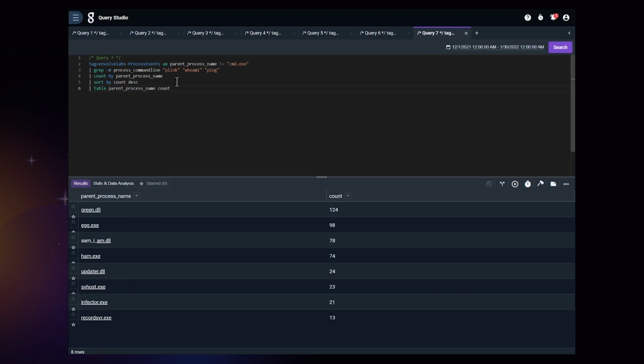So, by being more tolerant with our query logic, we were able to identify two new file names that were not included in the original report. While our query for parent processes that are not command.exe that have command lines with plink, whoami, or ping is adequate for detecting this particular adversary's past behavior, let's build a more generic query that we could use as part